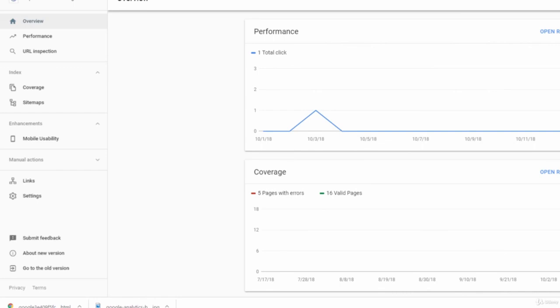Google Webmaster Tool is a really valuable instrument for SEO. It gives you a glance at data about all important SEO aspects of the site, such as keywords, links, and crawl errors. If you do not use it already, take the time and get familiar with it. It will help you get better ranking for sure.